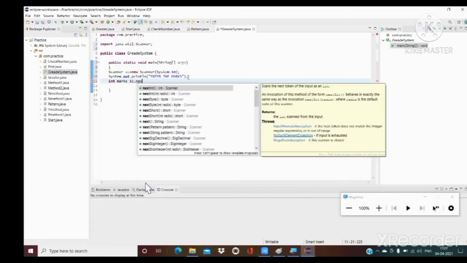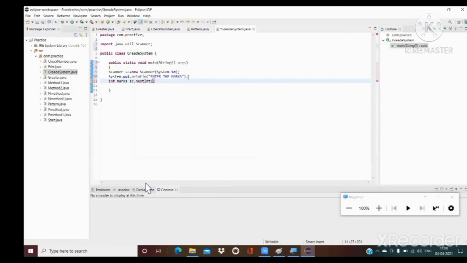Here we are using the nextInt method for reading the integer value with the help of the Scanner object sc, and marks is a variable of integer data type. After that we are printing marks with System.out.println.